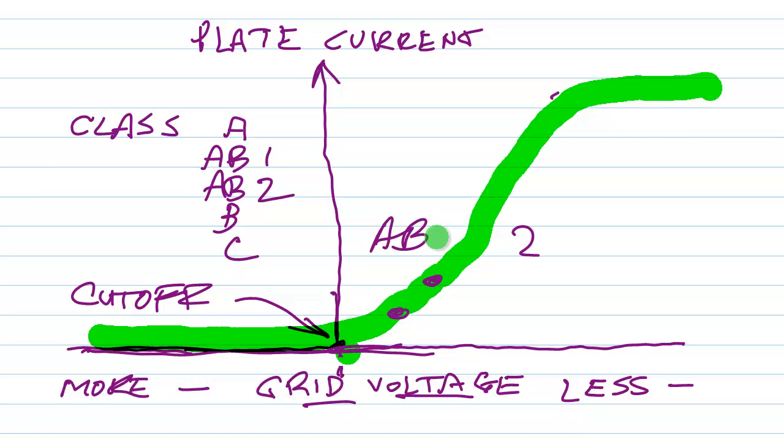So although the amplifier is not linear for the waveform, it is linear for the modulation